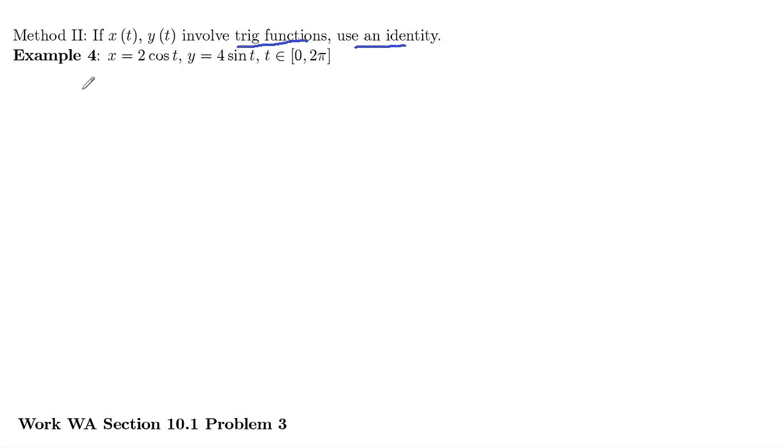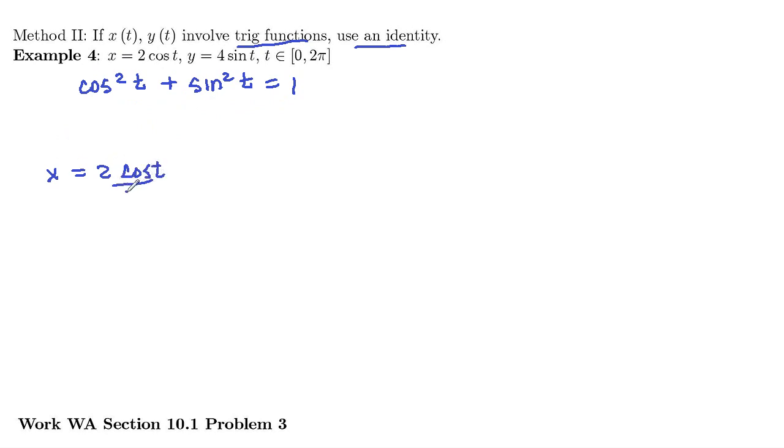Well, remember with trig identities, one of the main identities here is that cosine squared plus sine squared is equal to 1. So, cosine squared t plus sine squared t is equal to 1. Well, what is cosine squared t and what is sine squared t? Well, if x here is 2 cosine t,